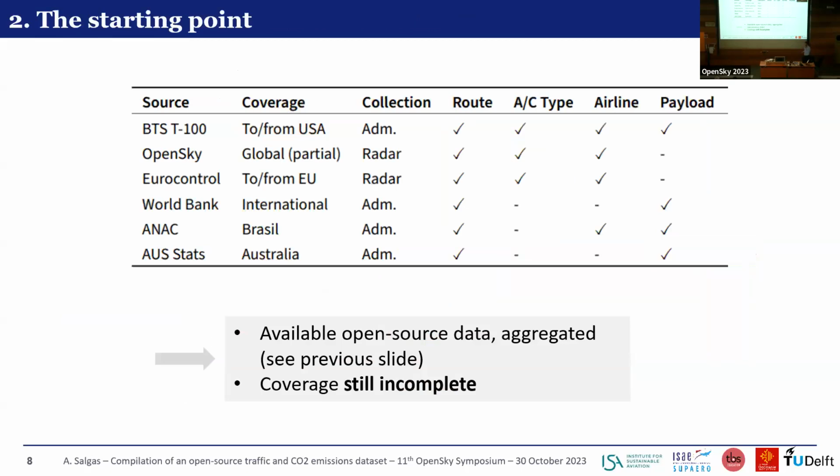So now I will dig into more details. So the starting point was really to focus on the existing traffic data sets in here, which you can see have very different characteristics. We are focusing at the route levels. That's something quite important here, because most of the research about Open Sky Network focuses on the detailed trajectory. We are just looking at the origin and destination route without looking at the 4D trajectory.